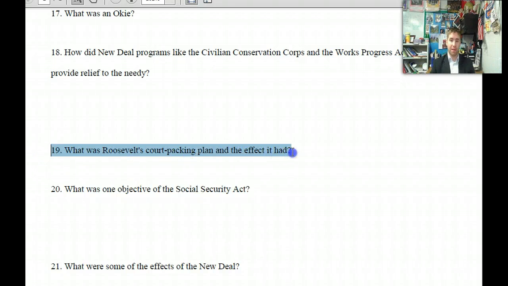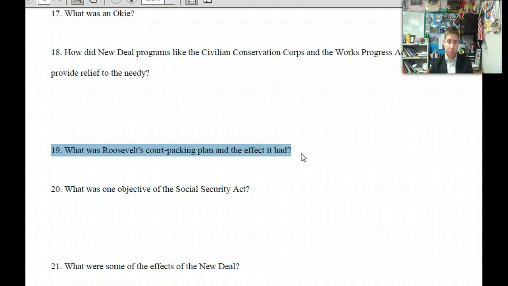Roosevelt's court packing plan, the effect it had. Remember, this was President Roosevelt's way of trying to make sure his ideas and his laws stayed, because the Supreme Court, being more conservative, being a little bit older in age, they were striking down some of President Roosevelt's more liberal policies. And so President Roosevelt thought, hey, let's